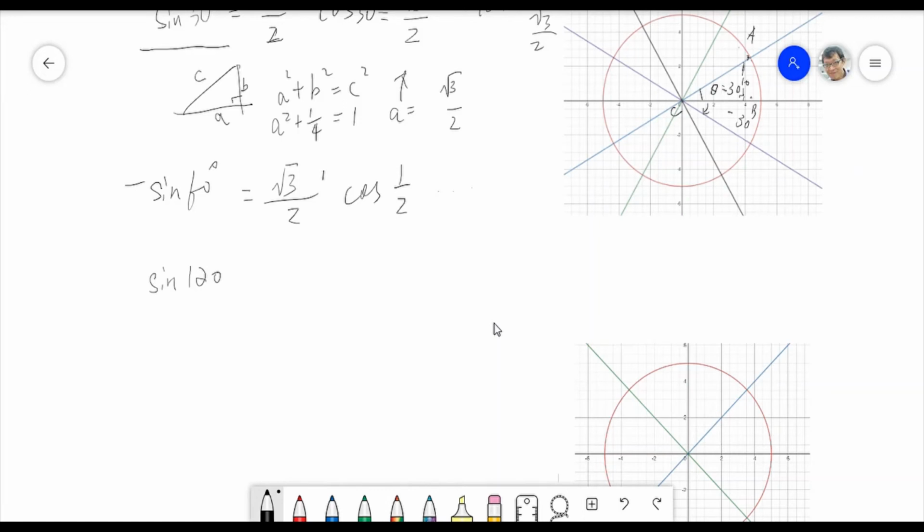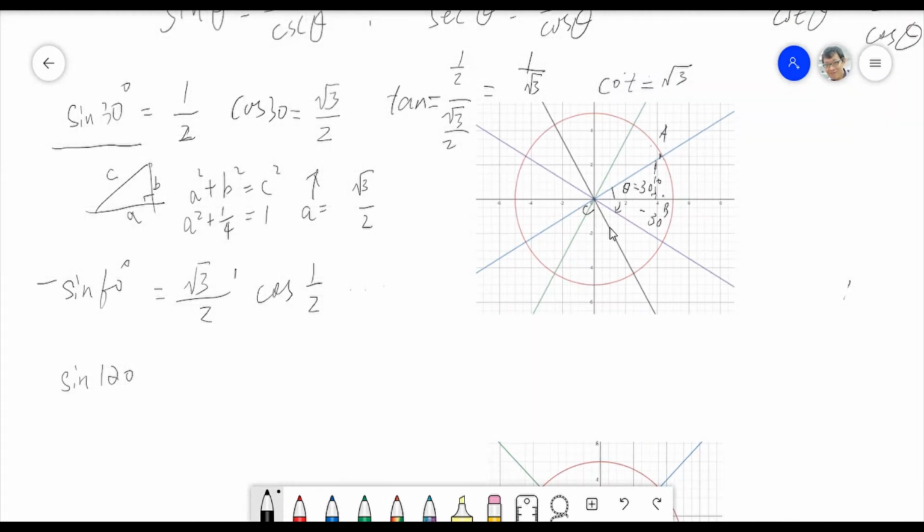So that's different, right? That's quite easy. So 120. Let's go see 120 here. This is 120. This black line is 120. If you are calculating 120,